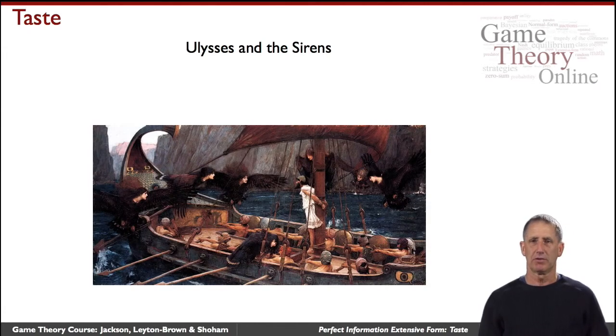Here's another famous historical tale, in this case of Ulysses and the Sirens. Ulysses is captaining his boat and about to pass through the Straits of the Sirens, and as is commonly known, the sirens' song is so seductive that it would cause any person, in particular Ulysses, to do things that are not in his own best interest. He would jump into the sea, he would crash the boat against the rocks.